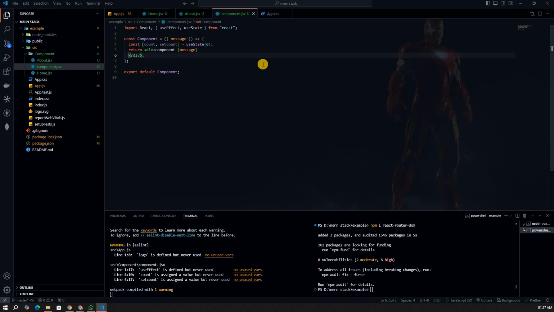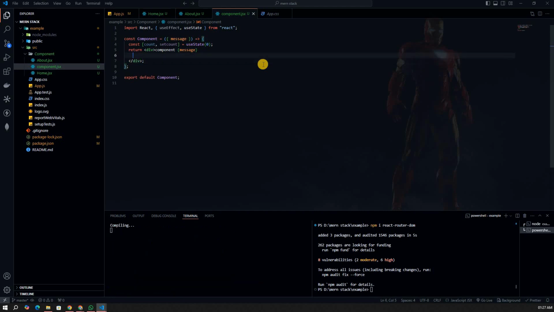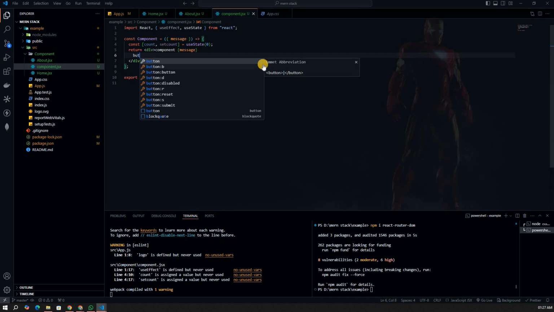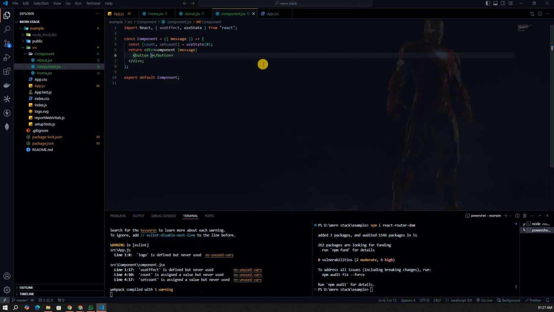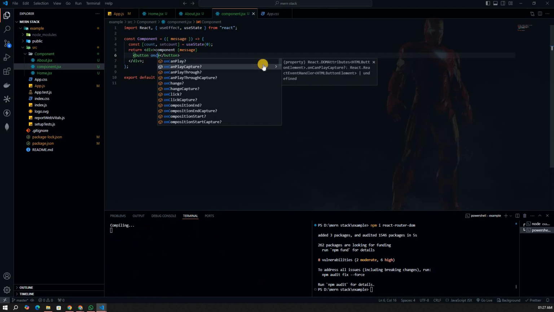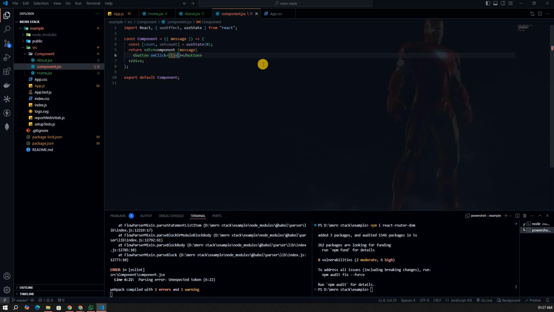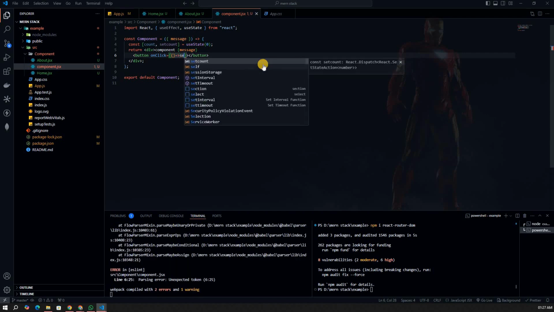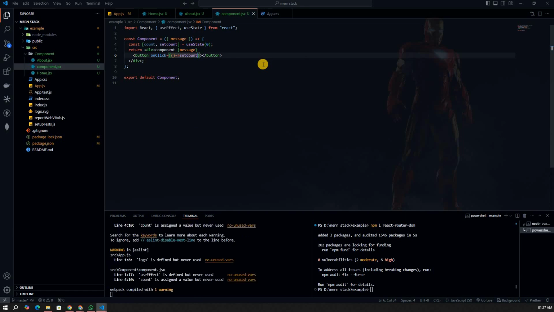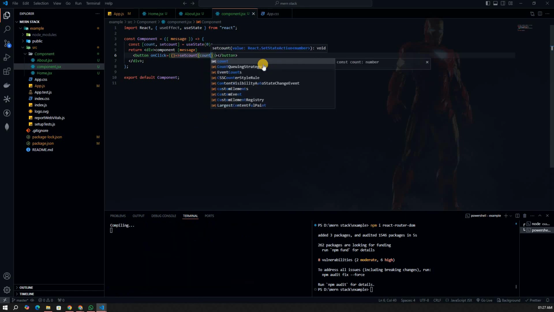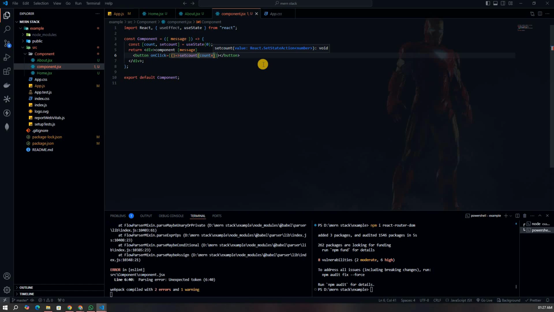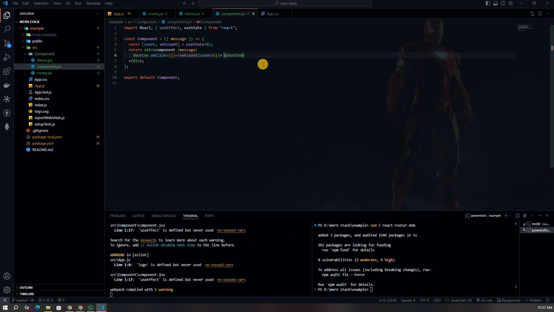So here I kept that, and in the div tag I will give a button, and the button will have an onClick function. Whenever the click is pressed, we will set the count as count plus 1, and it will increment. We have the name as increment, and also